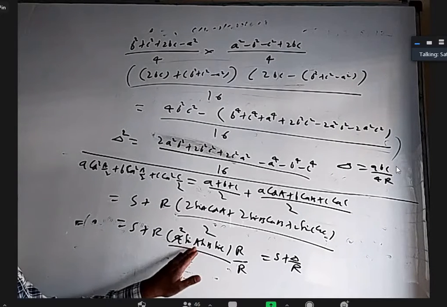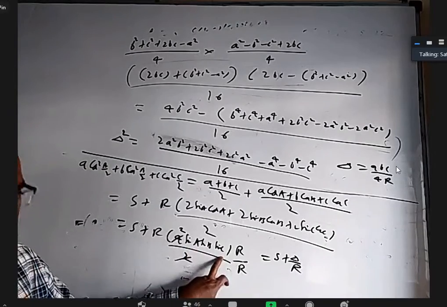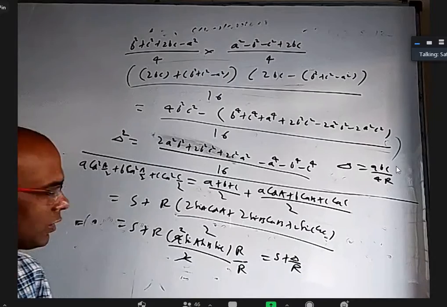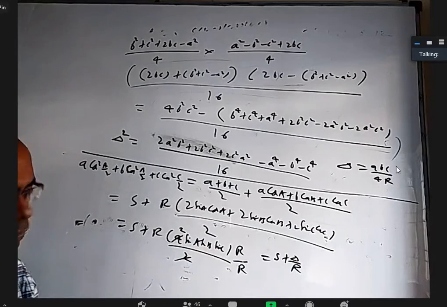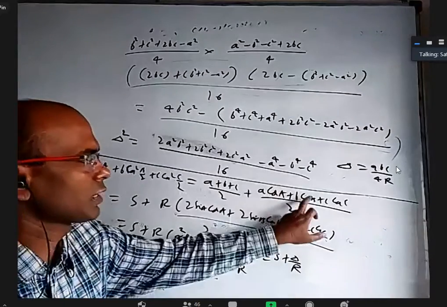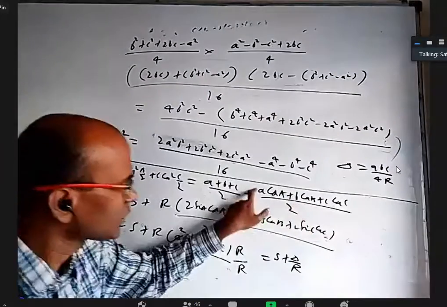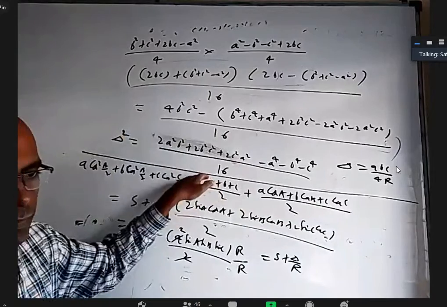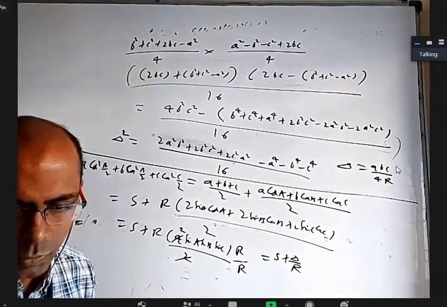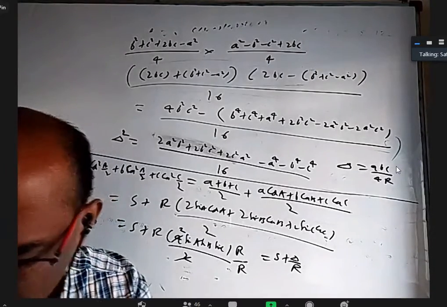Somebody may have a doubt where from 4 sin A sin B sin C came, because sin 2A plus sin 2B plus sin 2C, based on that exercise that we had done earlier, it is 4 sin A sin B sin C. So explaining all the examples is easier. I'm just saying if somebody wants to use cosine rule here and here, take LCM, the numerator is going to come this delta or delta square, you have to substitute in that. That's it. Sine rule and delta, everything is done.